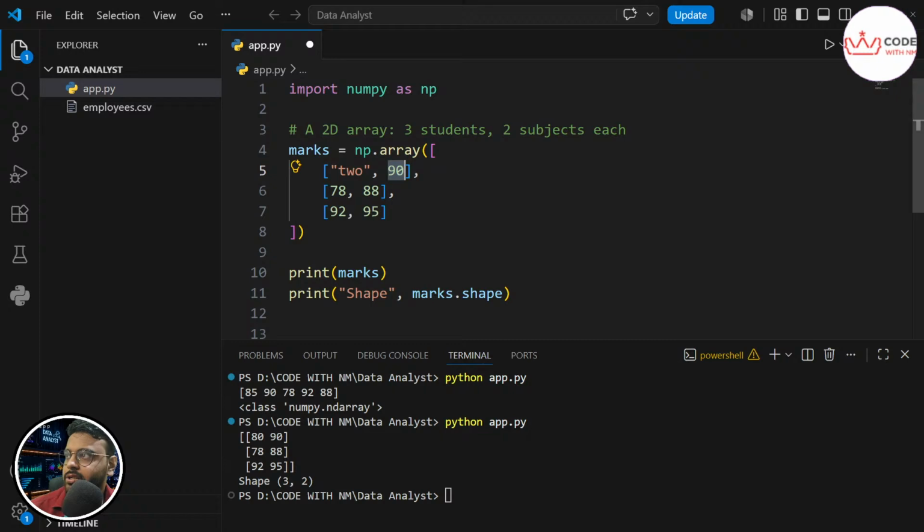Mixing this type of data inside an array in NumPy will silently convert everything to text, which means all of it will convert into strings, which usually we don't want when we are working with NumPy or arrays or doing data analysis. So make sure you always define the data in the same data type you are working on. For example, if we are working on strings, everything should be string. If you are working with integers, everything should be integer. These are the common beginner mistakes learners make.